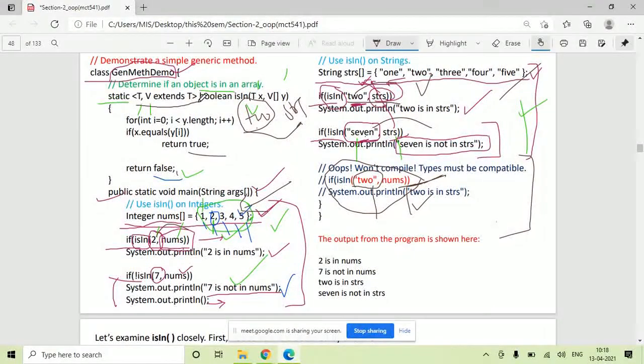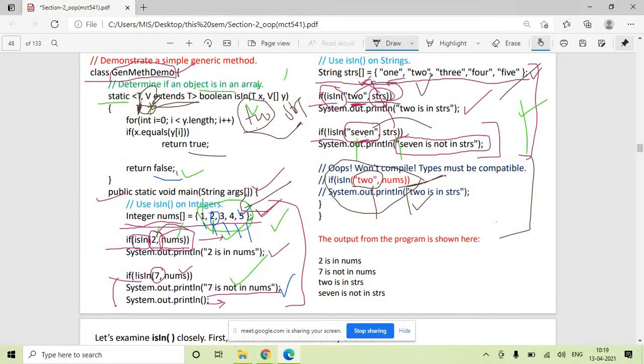So extends T means that if T is an integer value, then V extends T means V can be either integer, float, double, anything, but of type number. V can be of type number. Number can be searched in a number array.